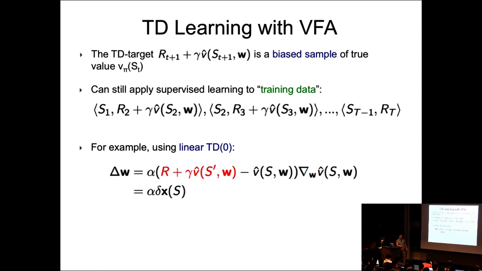It's a good question because now, sorry, I misunderstood your question. I thought you were asking whether R is a function of s prime. But that's a very good question. Why don't we take derivatives with respect to this guy? Because it's a function of w, right? So the short answer here is that we're treating this as a target, because if we start changing both the target and the prediction, then things become very unstable.